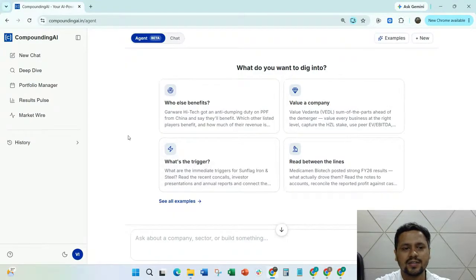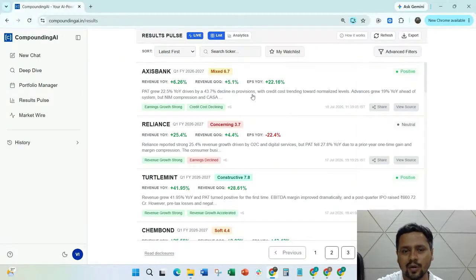Yeah, so let's start first with the result season. A lot of results have started pouring in, and in the next 2 to 3 weeks we will see almost daily the result count touching 200 and 150. So let's first look at the result pulse section of Compounding AI. When you click on the result pulse, you arrive on the